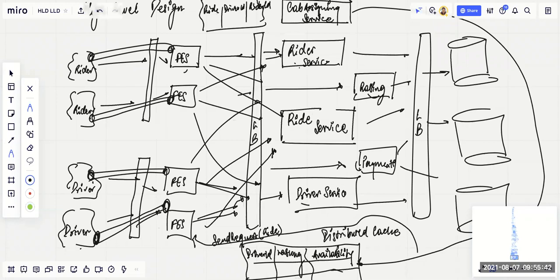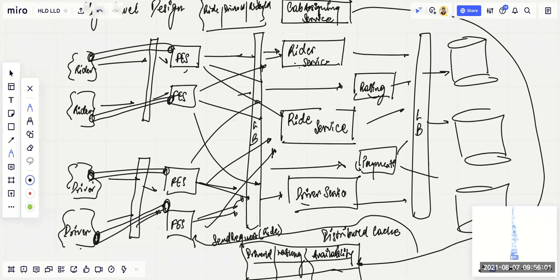I'm trying to understand what exactly the problem is. Consider it as a simple thing, no? Let's say one service is calling multiple services to get the data. That you might be doing, right? It's just that we are calling it a front-end service, which is taking care of... kind of a facade, you are saying. It's a kind of a facade pattern, yeah.